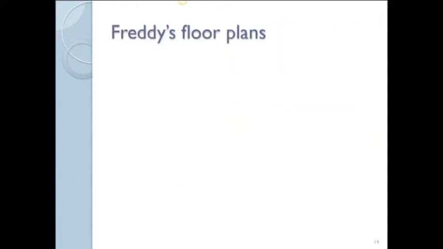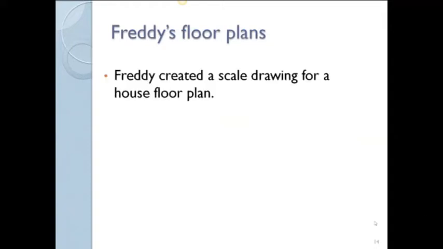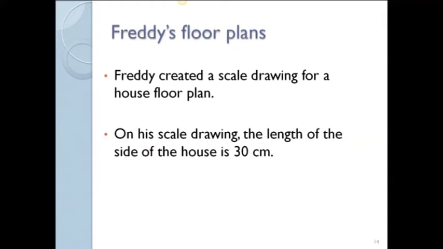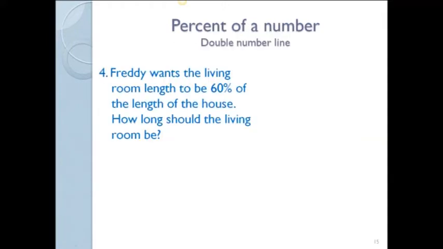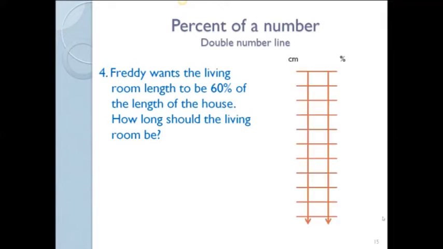Now, let's turn to another problem. Here are the details of Freddie's floor plans. Freddie's problem involves finding 60% of the length of the house, and a double number line can help with that too. We were given that the length of the house on the drawing is 30 centimeters, so that represents the